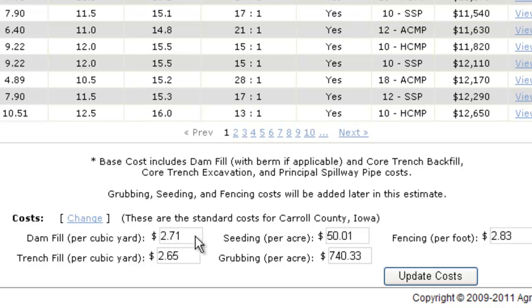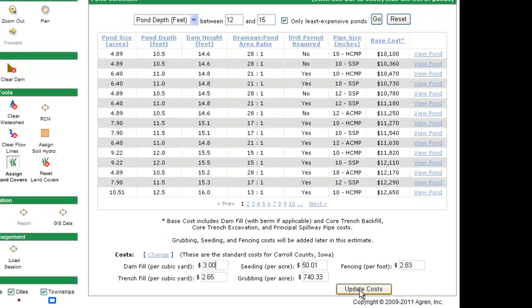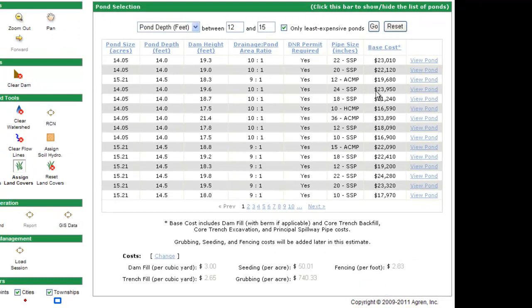So instead of $2.71, I might want to change that to $3 for fill, and then when I click on Update Costs, it will change all my options to the new cost of $3 per acre. I can do the same thing with my trench fill,